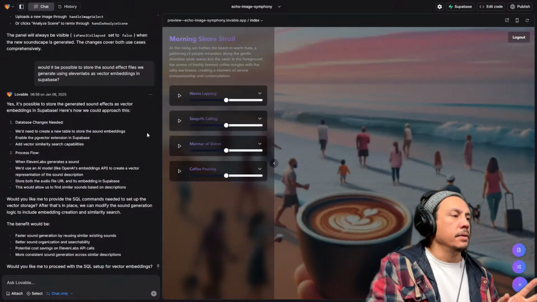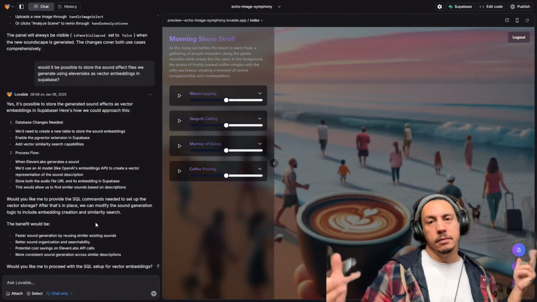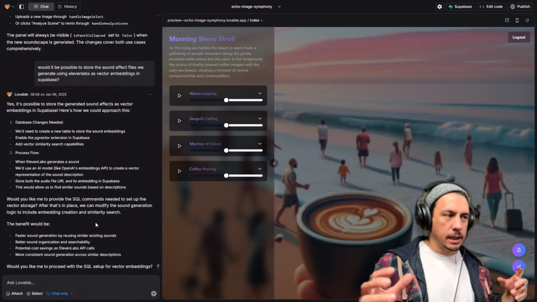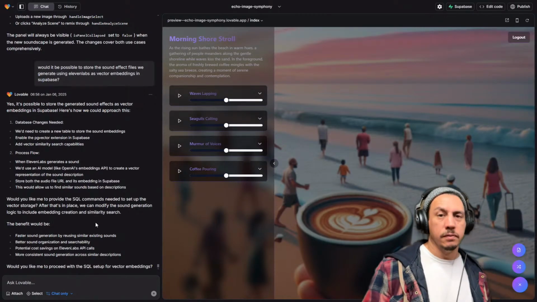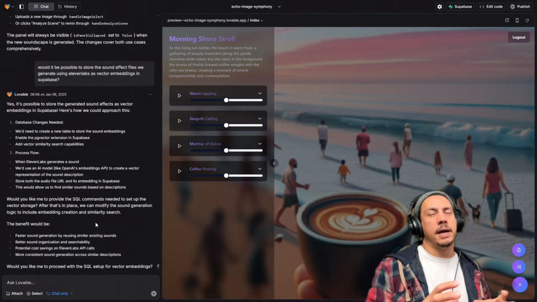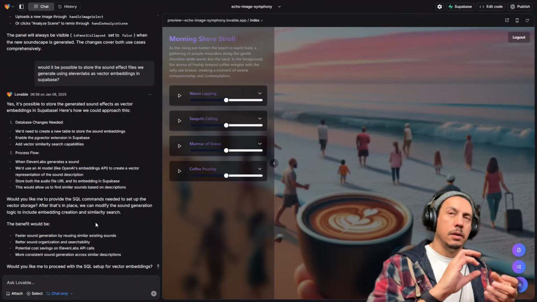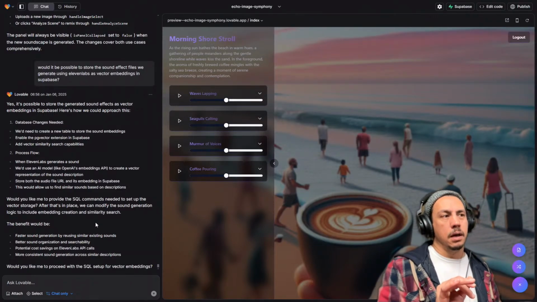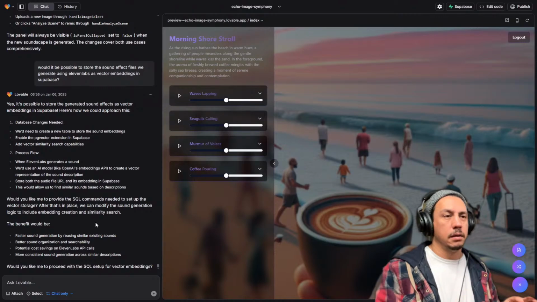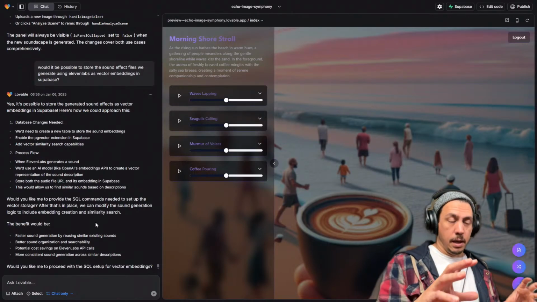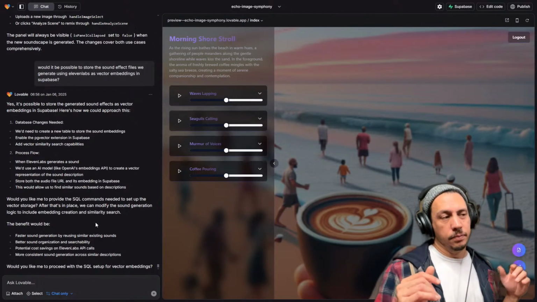But specific to that, I'm thinking about doing some sort of vectorizing of the sound effects. And again, I don't know if that's overkill, but I've wanted to do a project that has some sort of RAG system, or RAG's probably not the right usage for this. It's more vector, so someone could do a natural language search in a catalog. So if you need a new sound for the scene, you'd search for water, waves, people walking on sand. And then through natural language, I think we'll get better results if we embed these as vectors in the database, so there's semantic matching, as opposed to just having standard